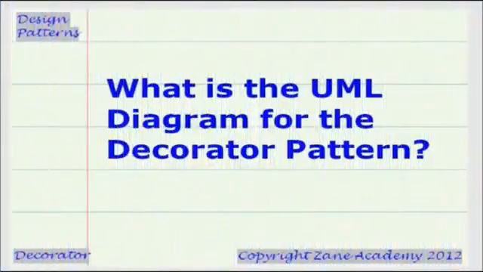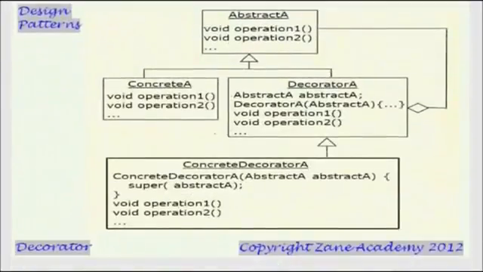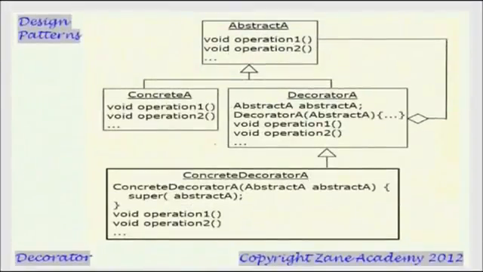Decorator object-oriented design pattern, and I'm going to start with the generic UML diagram of this pattern. So what is the UML diagram of the decorator pattern? Initially, I'll just show the diagram and then come back and discuss it later on. So this is a generic UML diagram of the decorator pattern, and essentially what we want to do is we